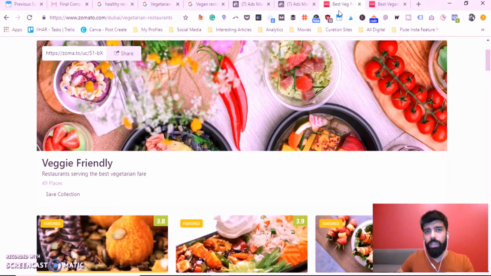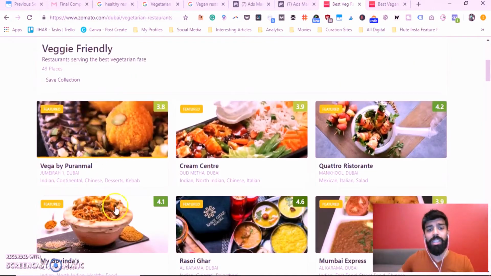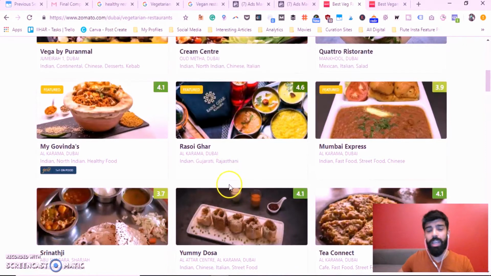And it's really not a tool, it's just a top level understanding. I searched for veggie friendly restaurants, and I got this collection, and I could see that most of these restaurants are actually Indian restaurants, and I know as a matter of fact that Indian restaurants are very vegetarian friendly. So I already know if I go with vegetarian as my branding niche, I'm gonna have a lot of